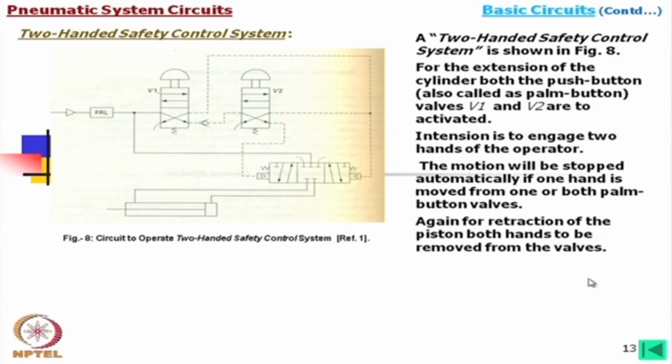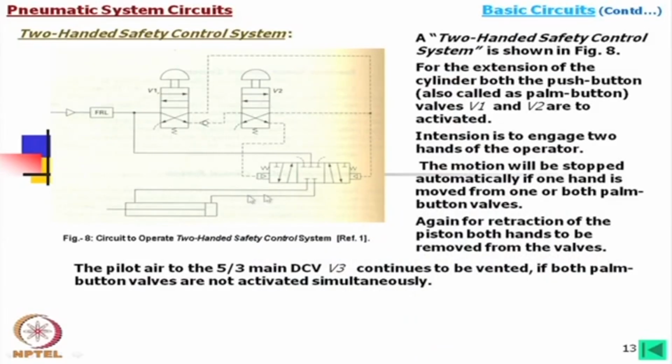Again, for retraction of the piston, both hands are to be removed from the valves. You can study this valve very carefully, then you will find that to operate this one, that is for this movement from this side, we need to push this one, and again for moving in the opposite direction also we need to remove both the hands. Okay. Now, a good example is that